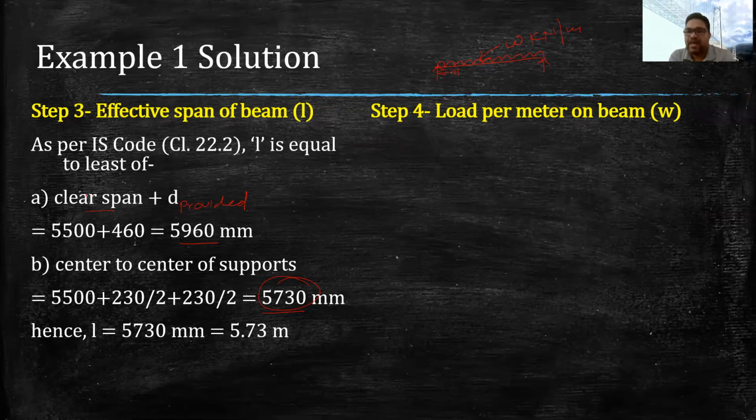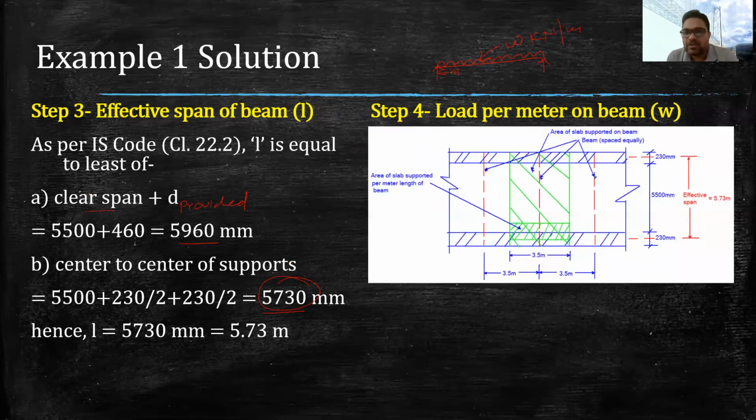As the actual scenario is given in the question, I'm going to use the same diagram that I have shown you at the start of this problem, and that is this one. So in this case, you can see this is the wall, this is the wall, and for example, if I'm designing this beam, all the beams are supporting the floor slab, but we need to find out how much area of the slab is supported by one beam, and to be specific, by 1 meter of beam.